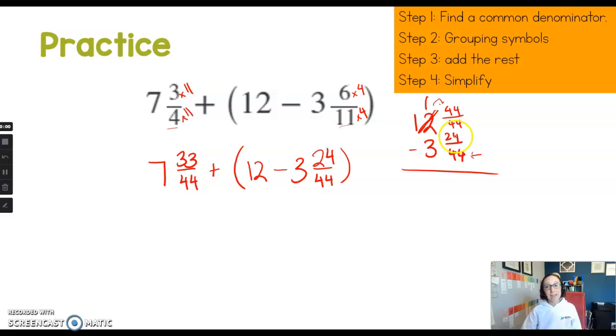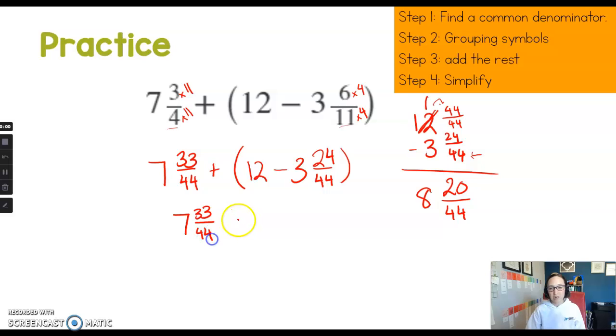44 minus 24 is 20. And my denominator is 44. And then we go 11, because we borrowed one. Now we have 11 minus 3 is 8. I had to stop and think for a second. Okay, so we have 8 and 20/44. Now we're going to add that back in. So we have 7 and